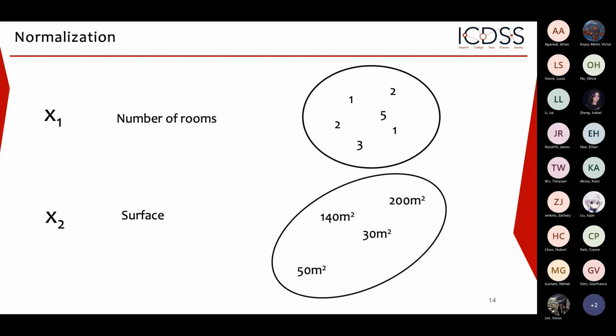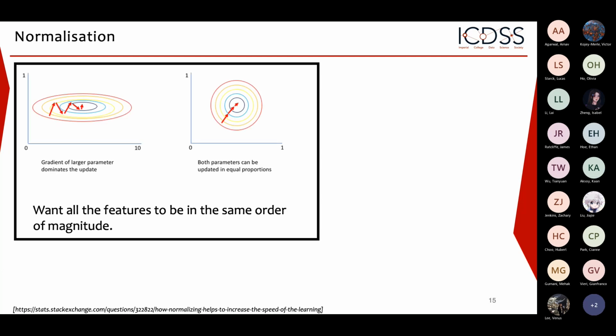The first group of numbers for the feature 1 are all of order kind of 3, 5, right? Tens, anyways. For the second feature, the numbers are much larger. Now, we may think that that's completely irrelevant, that as long as our model finds the right coefficients A, it's going to work anyways. However, it turns out that it is true, but it is sometimes harder for the optimizer to find the minimum when our data are so different, right? So in particular,